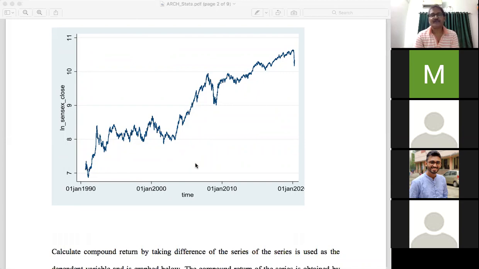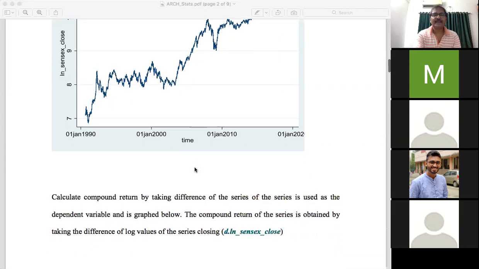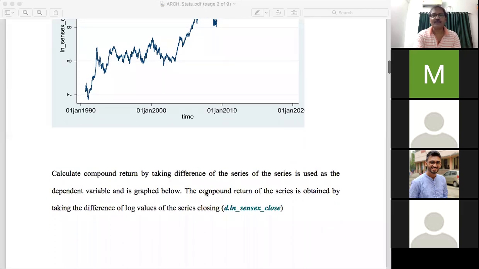We have constructed log values of the sensitivity index. If we take the difference of the log values, we get what is known as the compound return. If you take the first difference of the closing value, you get the simple return.